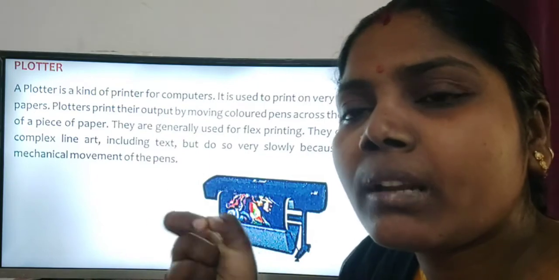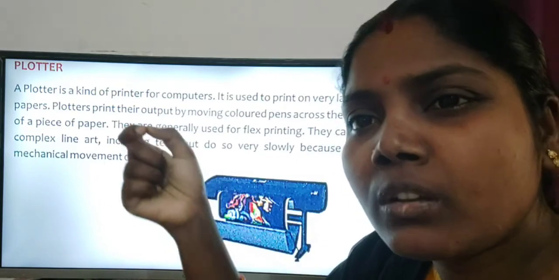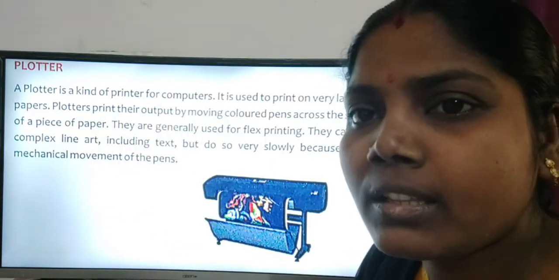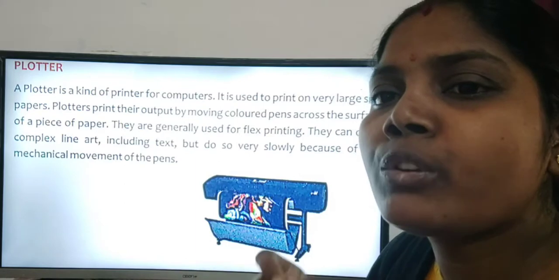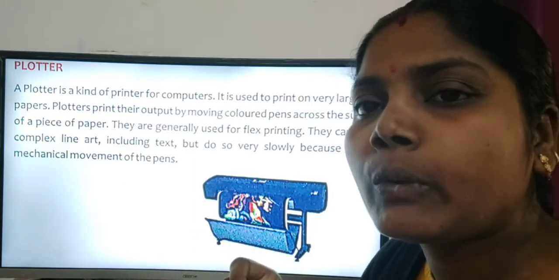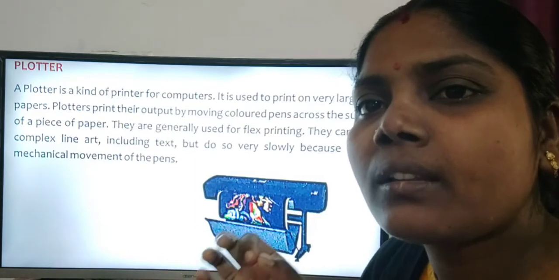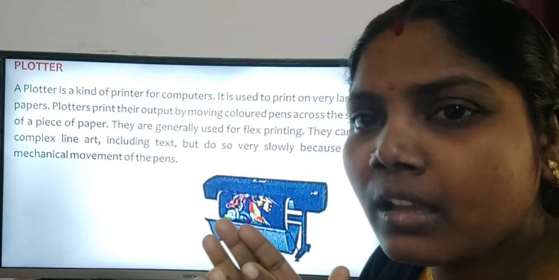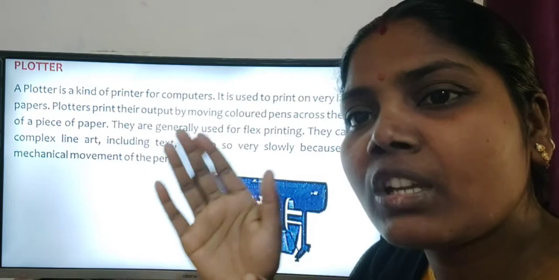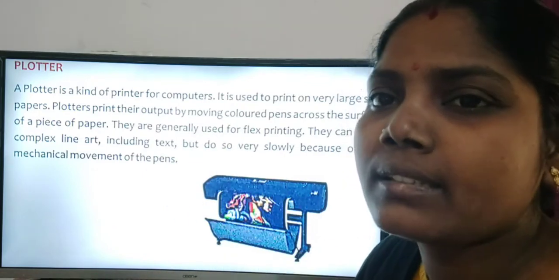Just as while writing we finish one line and come to another line, likewise the pens do it. Even though the plotter takes time, it gives a good result.